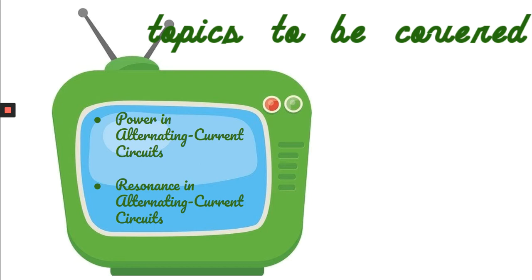As you know, in the last lecture, we discussed an LRC series circuit with an AC source. When an inductor, resistor and a capacitor are connected to an AC source, then alternating current flows through the circuit. All of you know that. And also the voltage, obviously, varies sinusoidally with time.